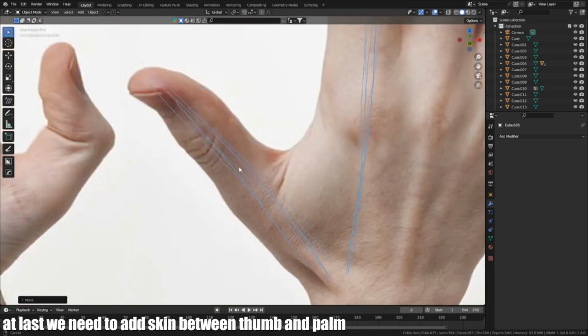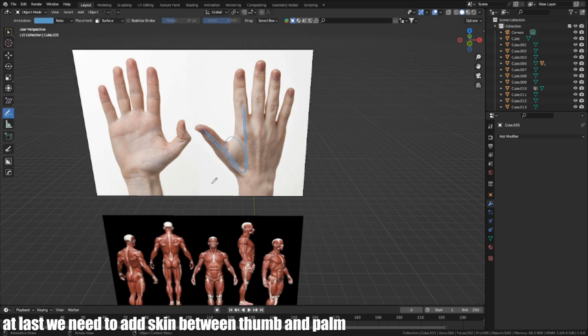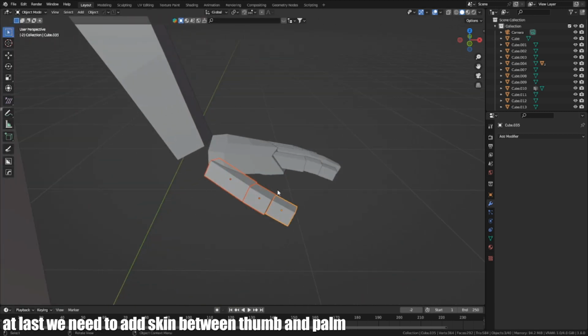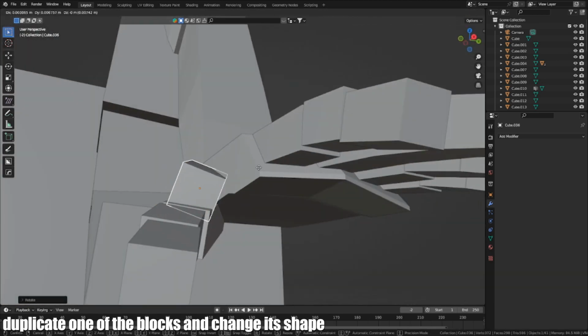At last, we need to add skin between the thumb and palm. Duplicate one of the blocks and change its shape.